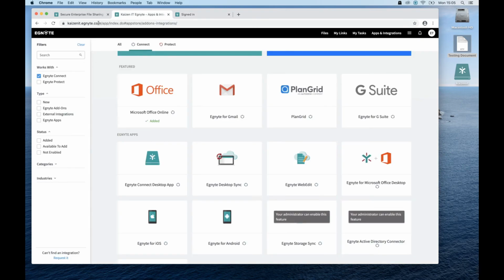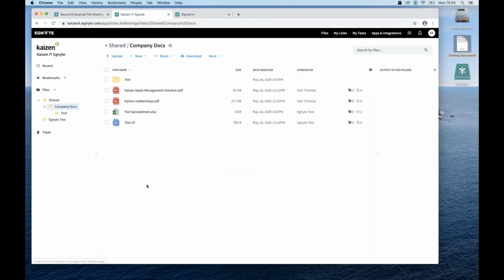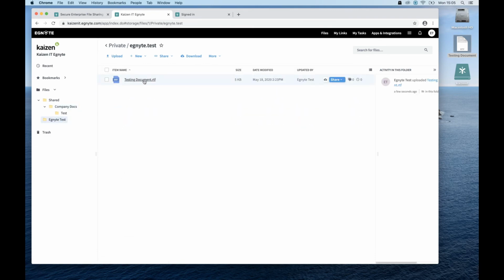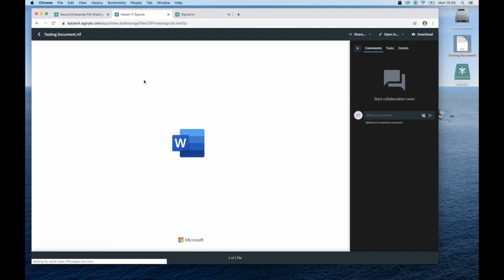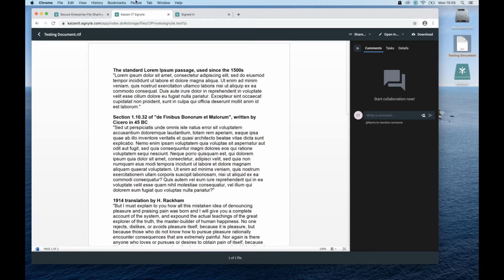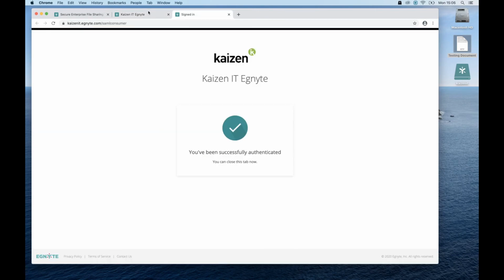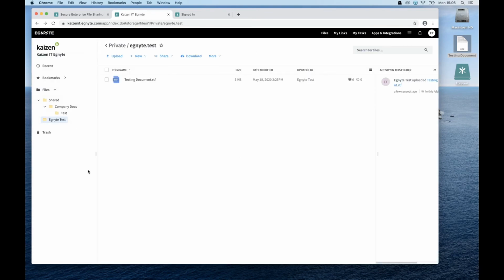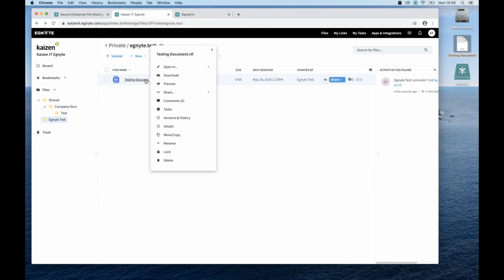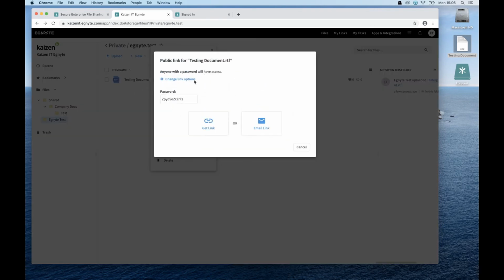And if we go back to the web address, wherever it is, just there, you can see in my test, there we go, there's our testing document. Open it up as a preview, as we did before, everything's there. If I wanted to share out that testing document with anyone, if I go back to it, I just right click on it, click on share, and I can either share a link,